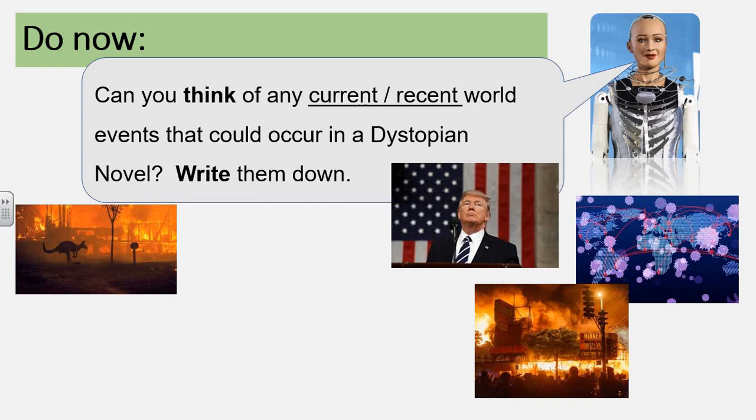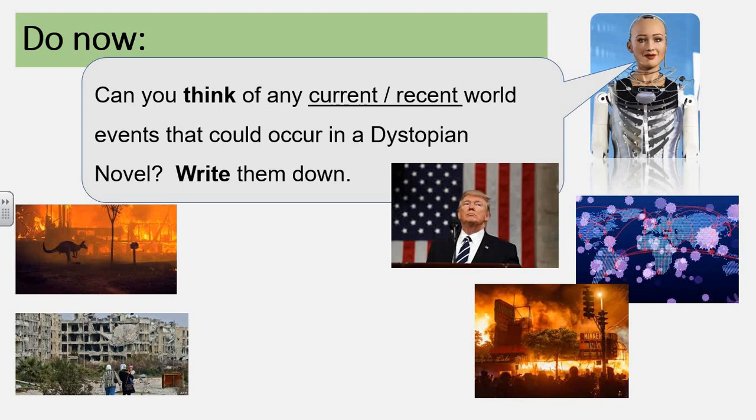So there we've got an image of a kangaroo. You can see its silhouette in front of a burning building. The wildfires in Australia, many very educated people believe, are caused by global climate change and the rising temperatures of our earth. That could be another feature in a dystopian novel. If we're not looking after the world that we live in, are we then going on to destroy it? So there's one. And a couple of others that you may not have thought of yourselves, but maybe some grown-ups